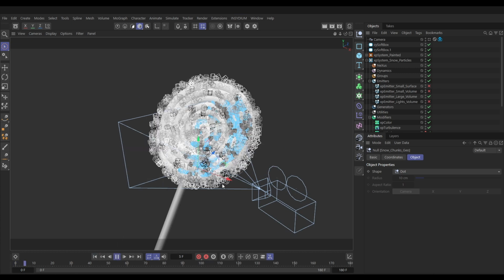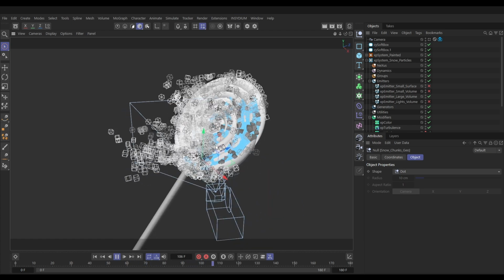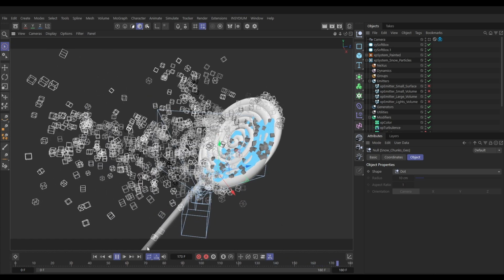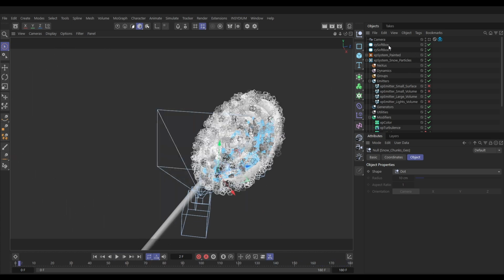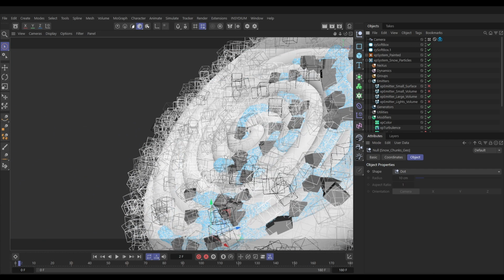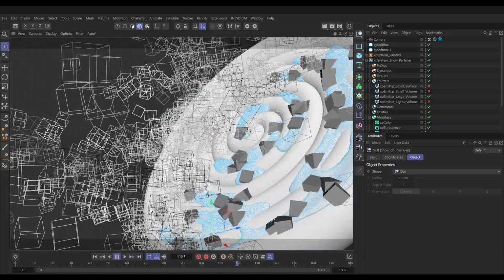And if we hit play, you'll see that we've got these blowing off our surface of our lollipop, and they're kind of blowing away. Now, if we go into our scene camera here, and this is just a rough scene camera, this is going to be adjusted and animated later, but we can have a look at what this is going to feel like. And I'm seeing from this view that we already have far too many of these large